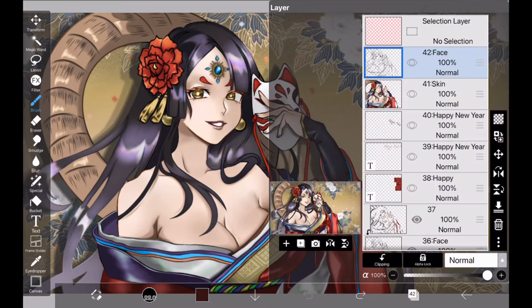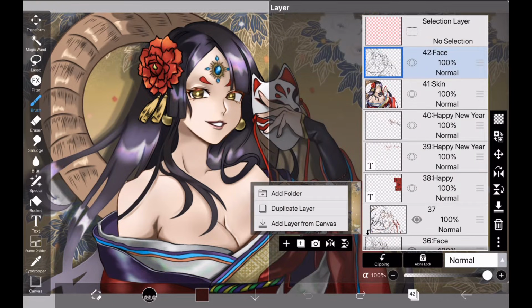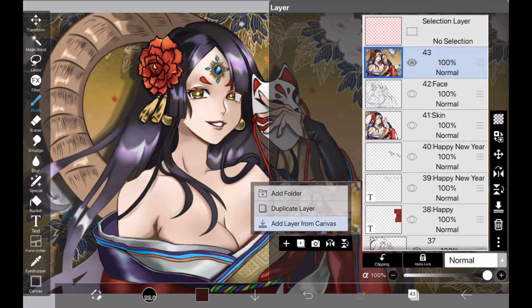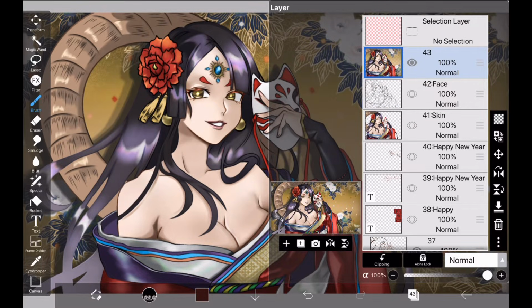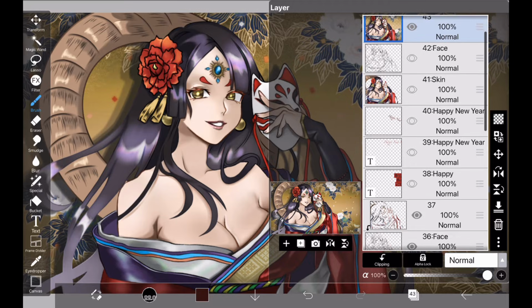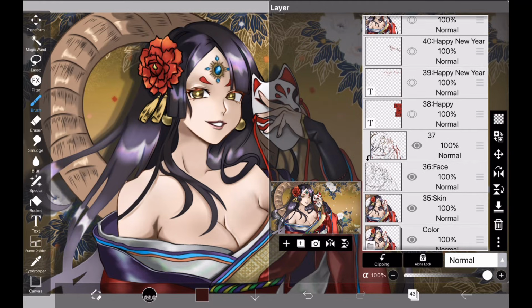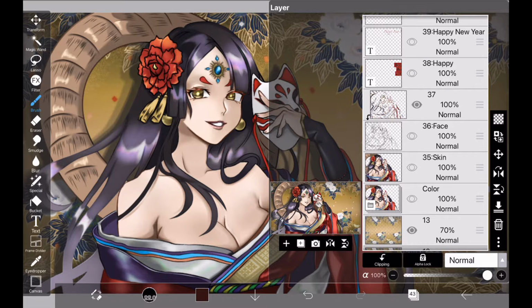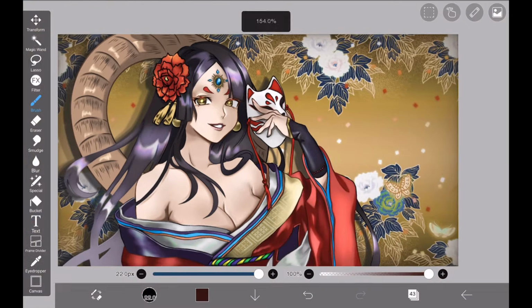Have you ever wanted to copy and paste all or part of your illustration when you use the IbisPaint X? But I don't know how to do it. Some people may think so. In IbisPaint X, there are various copy and paste methods. In this video, I will explain how to copy and paste.